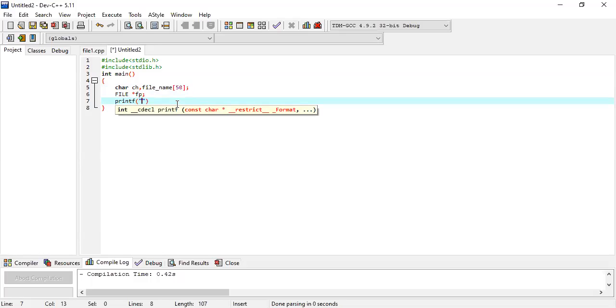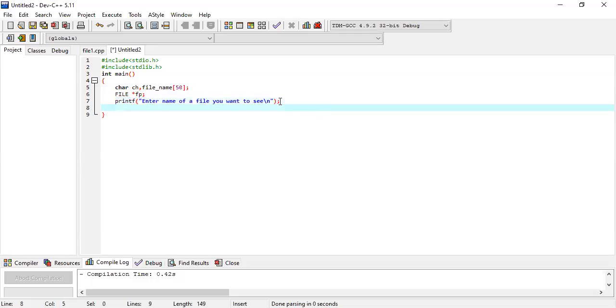Next, printf: enter name of a file you want to see. After that I'm using gets, file name.